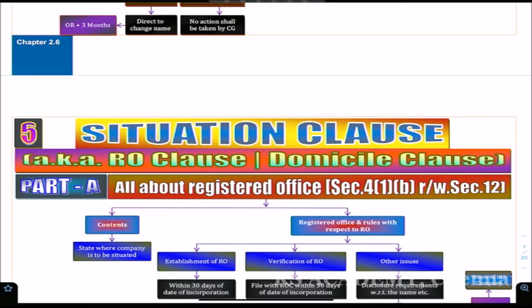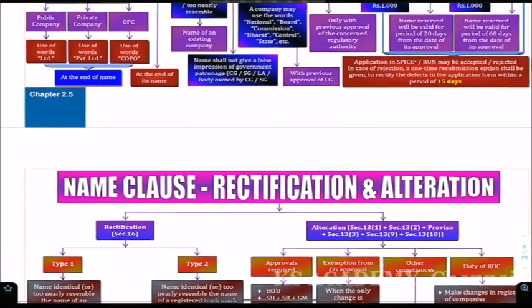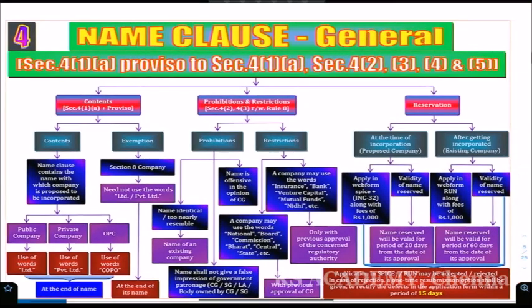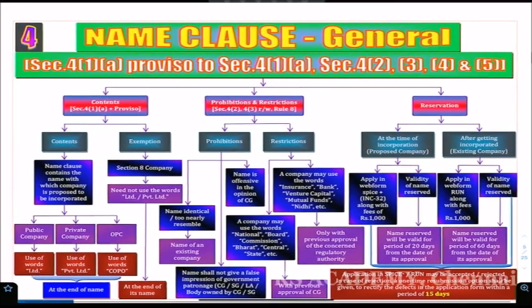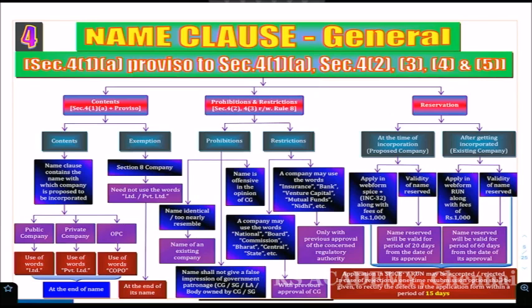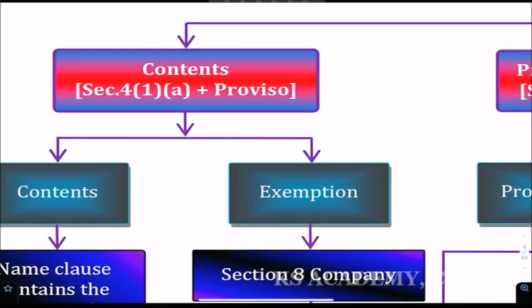I summarized and simplified. But the point is, see here, charts material, you don't have a wrong opinion that only a summary will be there. Section numbers, subsection numbers, clause numbers, rule numbers also I have given. Classic example. See here, contents, please read what it is. Section 4, subsection 1, clause A and its proviso.